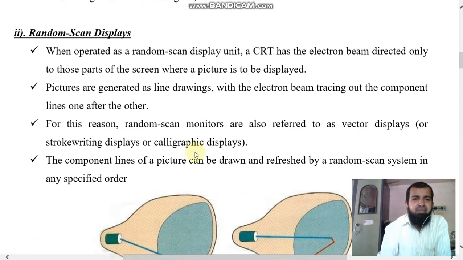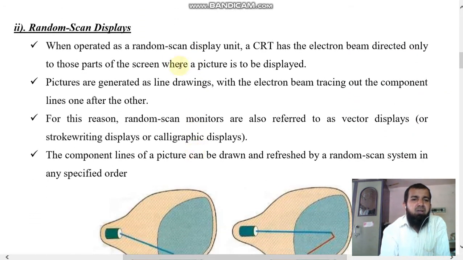Next, random scan displays. When operated as a random scan display unit, a CRT has the electron beam directed only to those parts of the screen where a picture is to be displayed.